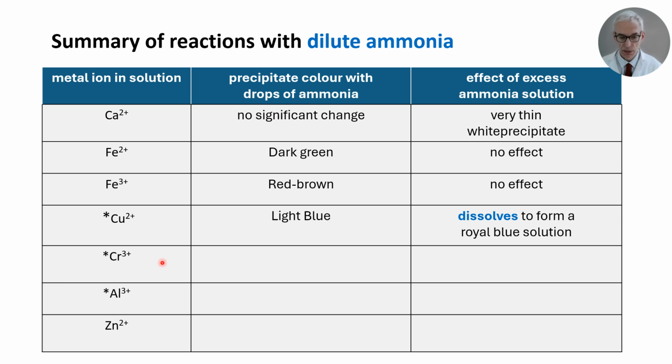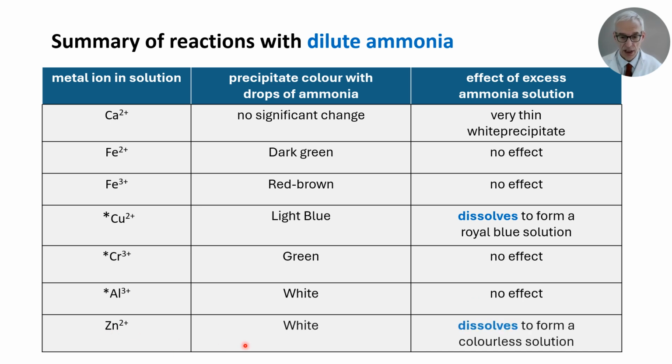Similarly, there's a difference with chromium 3+. An initial green precipitate, but this precipitate does not dissolve in excess ammonia. You will recall sodium hydroxide observations. The chromium 3 hydroxide dissolves in excess, but in ammonia it is insoluble. Aluminium hydroxide, again a white precipitate, but it is insoluble in excess ammonia, again contrasting with excess sodium hydroxide. Zinc 2+, a white precipitate, and this is the same as the sodium hydroxide observation, dissolves to form a colorless